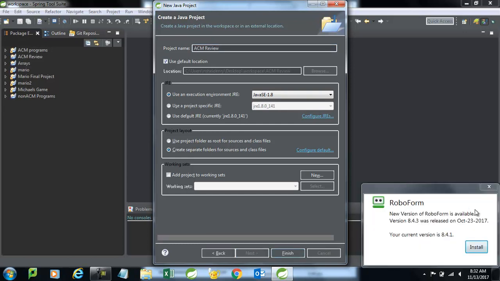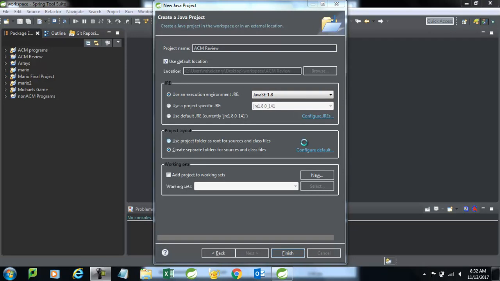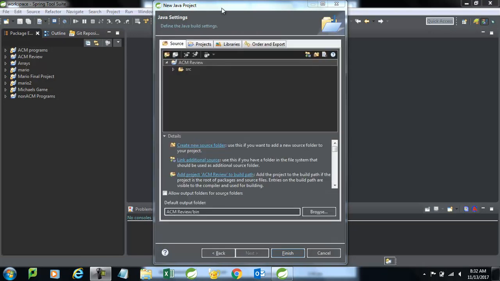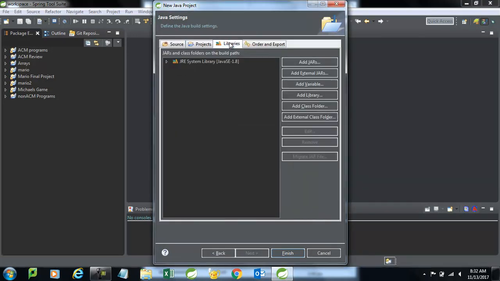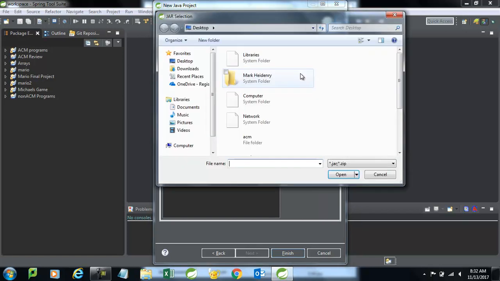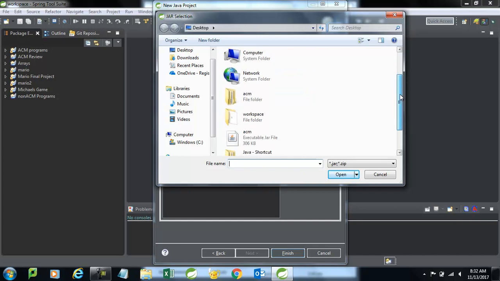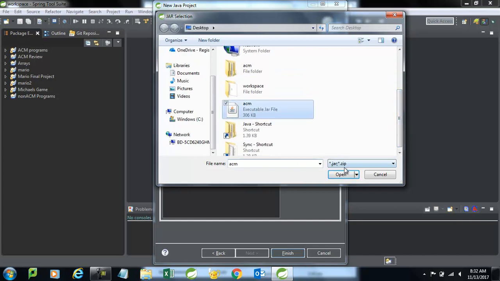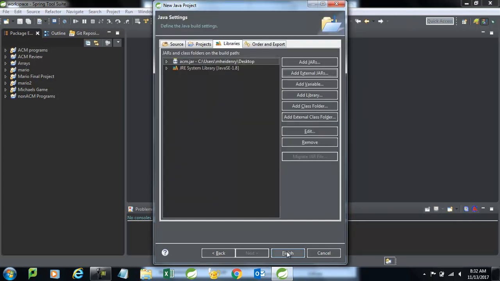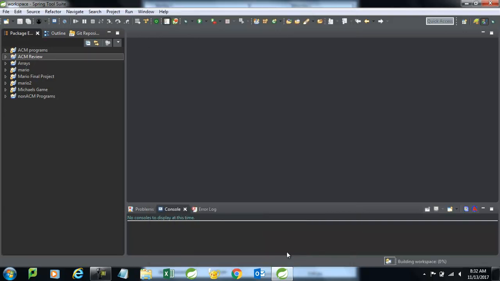And you should have installed acm.jar, or downloaded it rather, from the Java Task Force website. And then you can link to that in the Libraries tab, and that just brings in the functionality that we're going to use. Once we have that, we can right-click